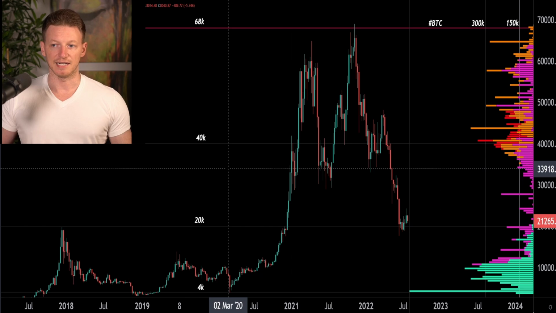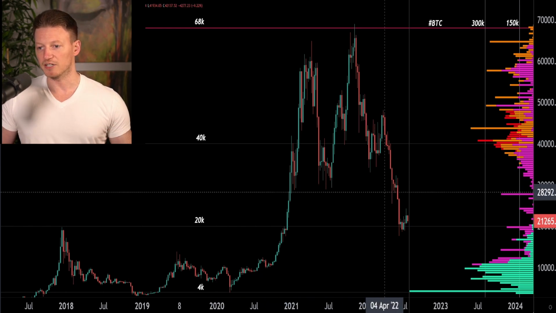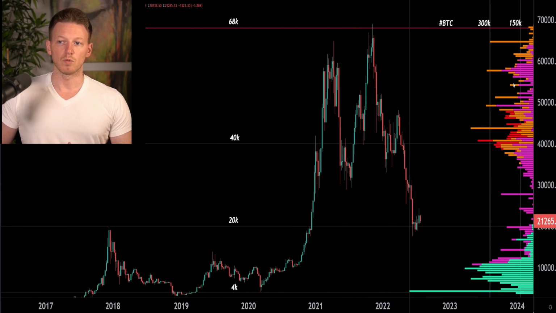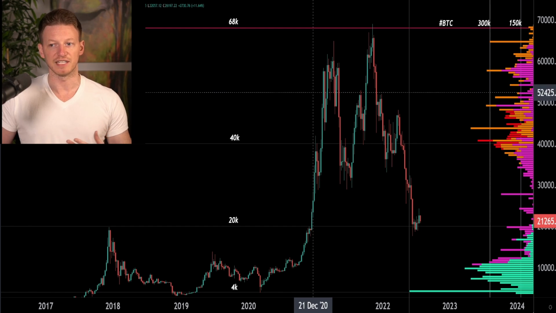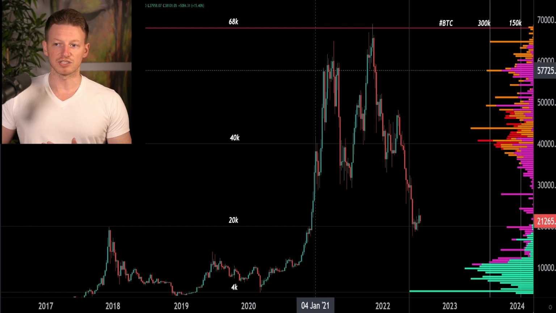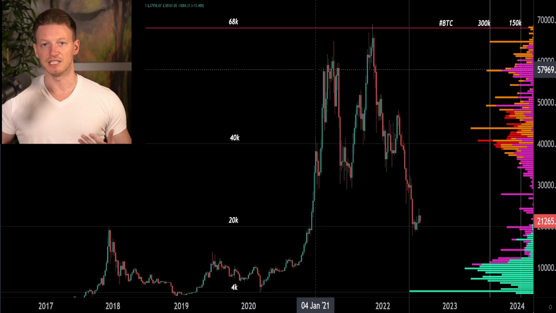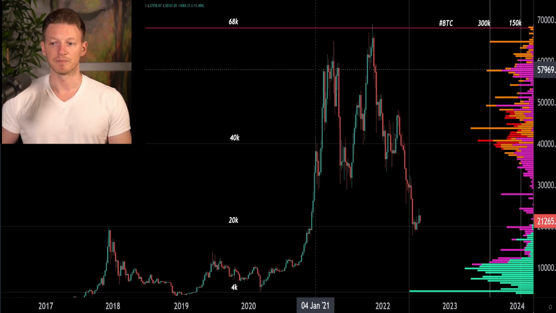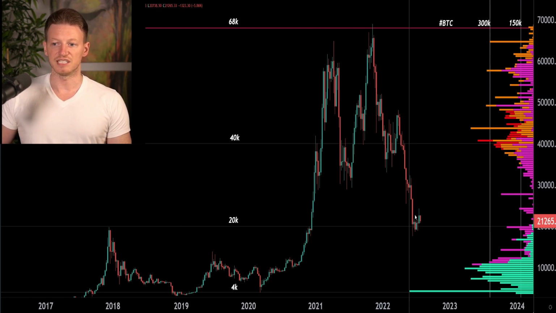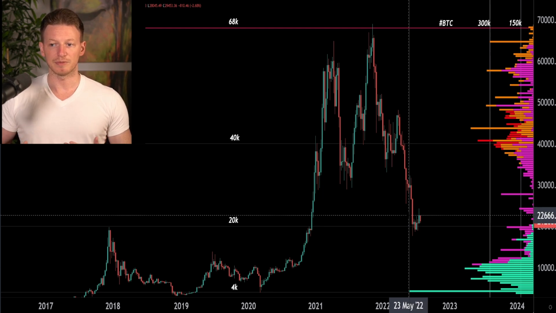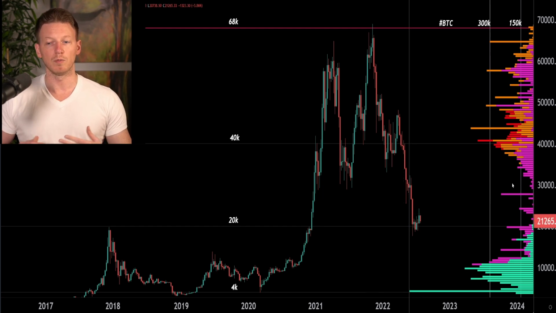What I mean by that is, if we're monitoring this frequently and we start to see that coins being held on the network up here in the 60K range and the 50K range are diminishing, we know that there's capitulation going on and we know where it's coming from. Conversely, if we start to see coins building up down in this 20K range, we will want to know where those coins are at any given time,